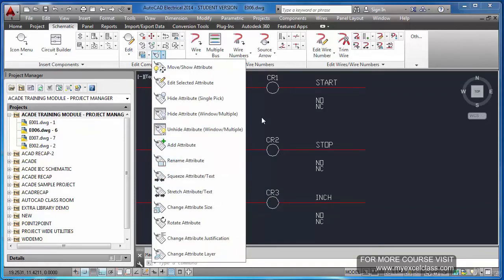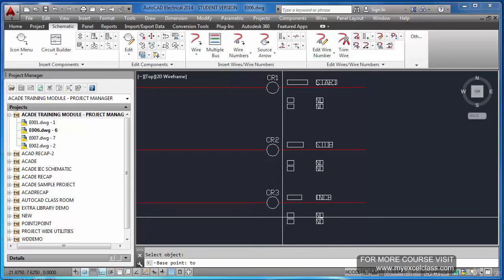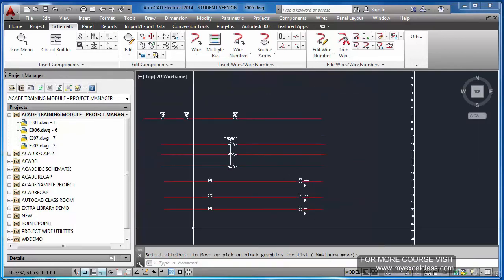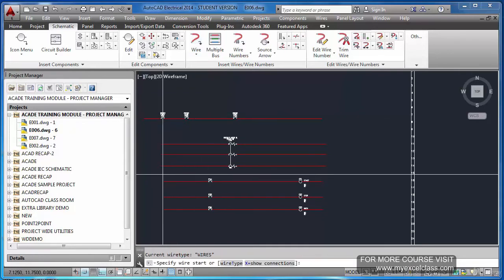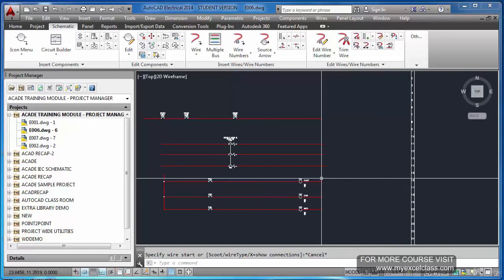Those are the things. Okay, move attribute. How can I move? Like this. If you want to move this, I can move. I want to keep it close to this. It's done. And now I will connect all this through a wire in this way.